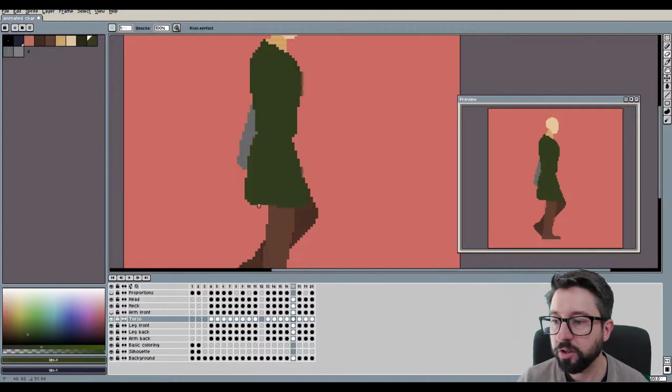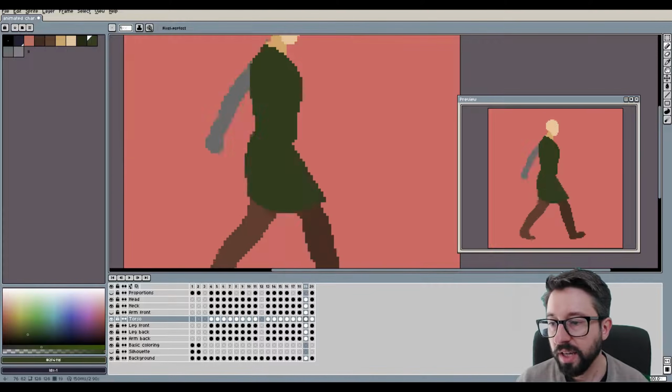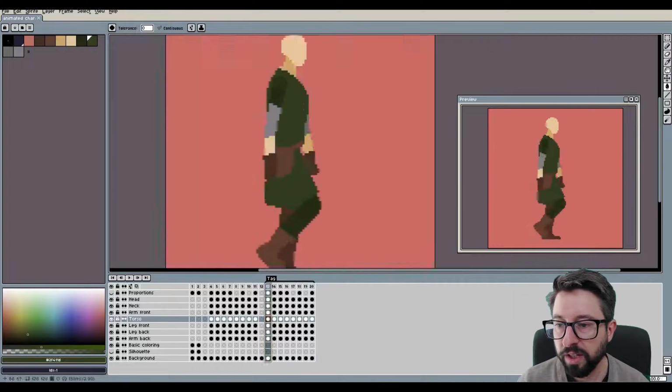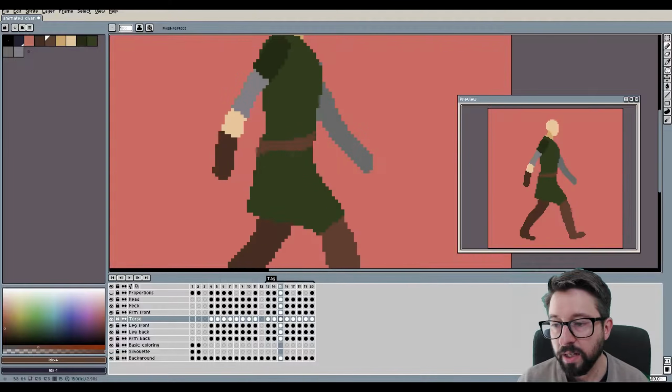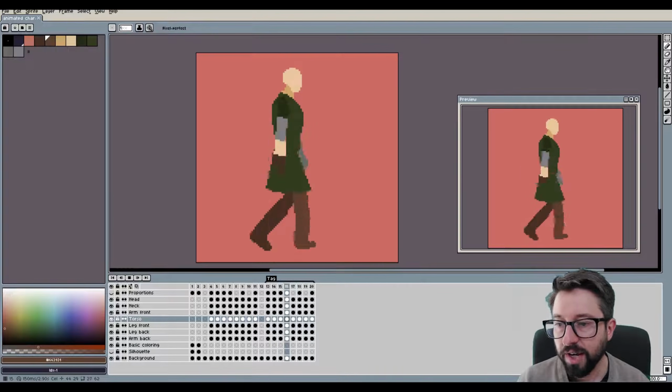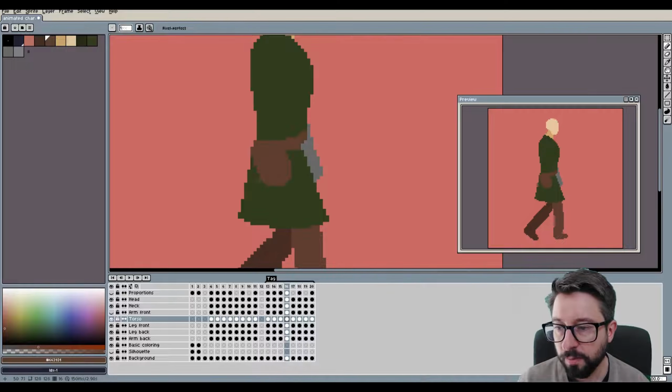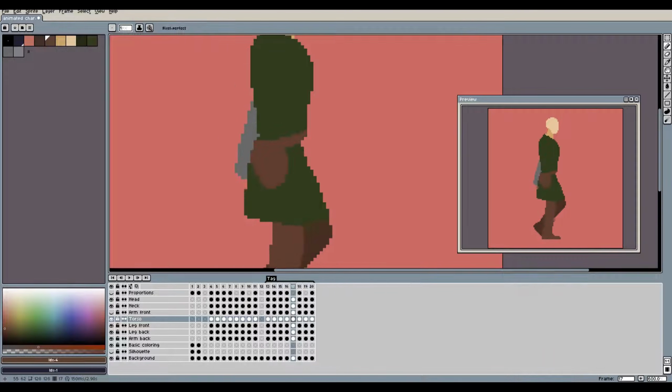it was time to start detailing each of those frames. As you can see, I gave the character its medieval outfit, including the belt and the bag, and I made sure that the bag has some nice swinging movement that matches the movement of the front leg.